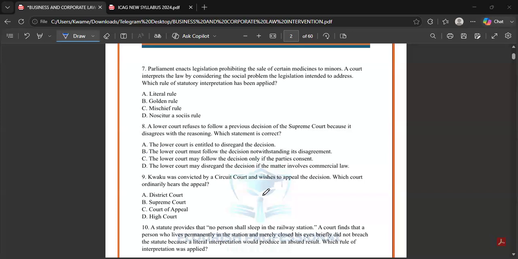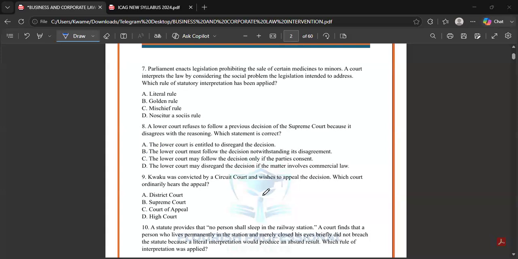Okay. In this case, the most appropriate is mischief rule. So, like you said, the literal rule means that we are taking the law as it is. This so and so is prohibited, as it is. Then the golden rule has to do with, like you said, it makes some modifications, such that beyond what was said, what's the best thing that should be done? Okay, with regards to that law, what's the best that should be done?